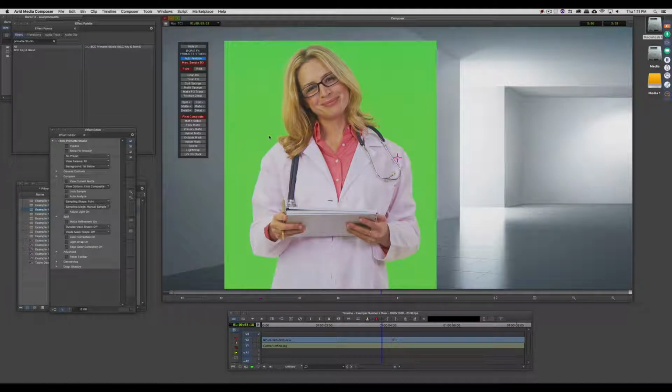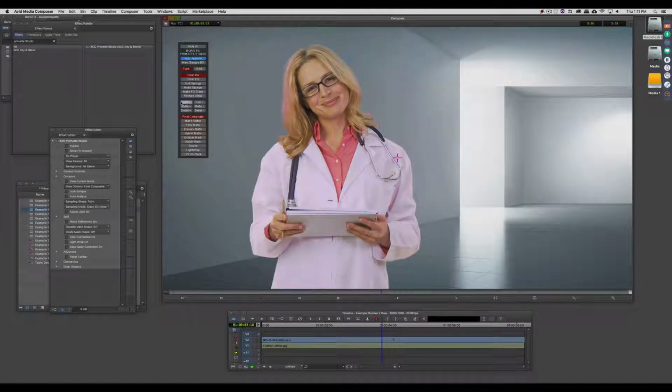And what do I mean by that? Well, all I'm going to do is I'm going to tell it to auto-analyze my footage, and in 2 seconds I have a key. So literally, Primatte Studio has more or less figured out exactly what it thinks that I'm going to be keying out. Now, there's a few little things that are going on in here that I am going to get in and